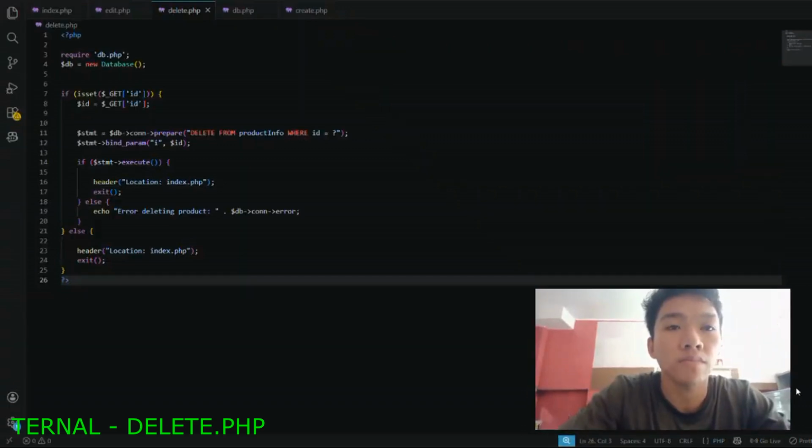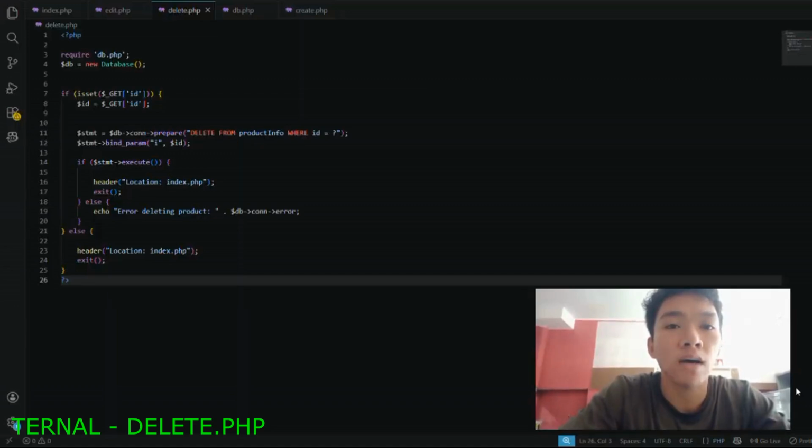Then the stmt dbcon prepare, which prepares the delete query for the product info table using a placeholder to safely target only the specific product.